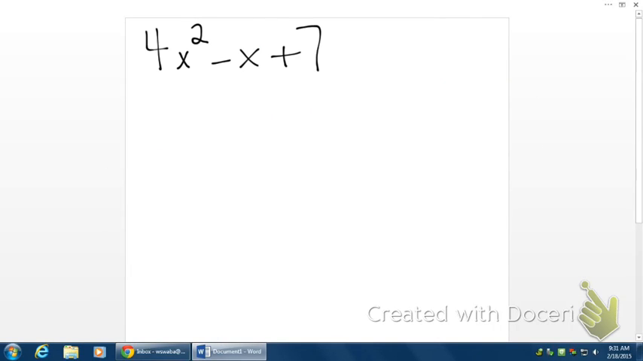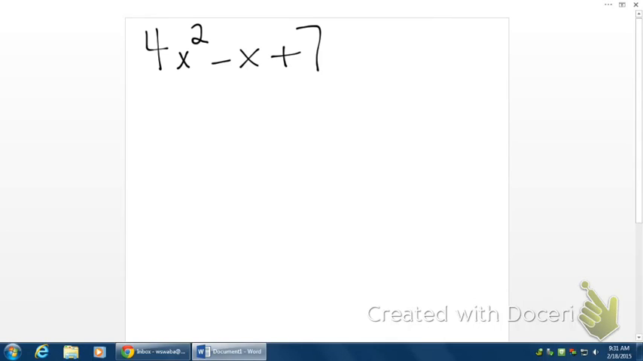Okay. Let me show you something else now. So first thing you do is do what? You find out if any 3 of those terms have a greatest common factor. Okay, you see that the 4, the negative 1, and a 7, there's no greatest common factor besides 1. So you're not going to mess with that. So what do we do next? Well,